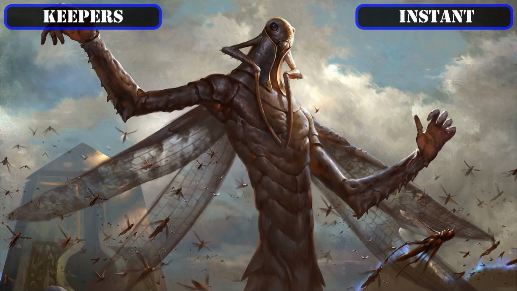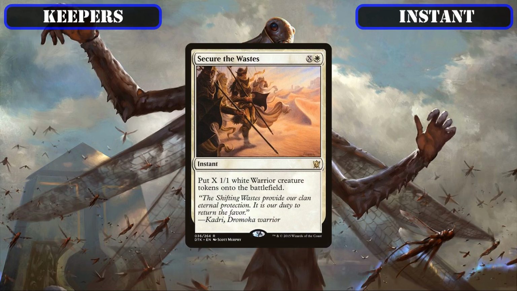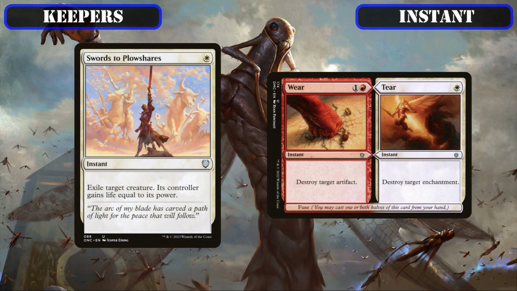Then with our Convoke instance covered, we'll wrap up our kept instance with the token producing Secure the Wastes, whose scalable flash speed token creation is a superb way for us to load our board with bodies to help convoke out our spells, and the removal spells, Swords to Plowshares and Wear and Tear, which may not contribute to the primary convoke and token game plan, but still provide excellent removal to disrupt our opponent's plays, making them well worth